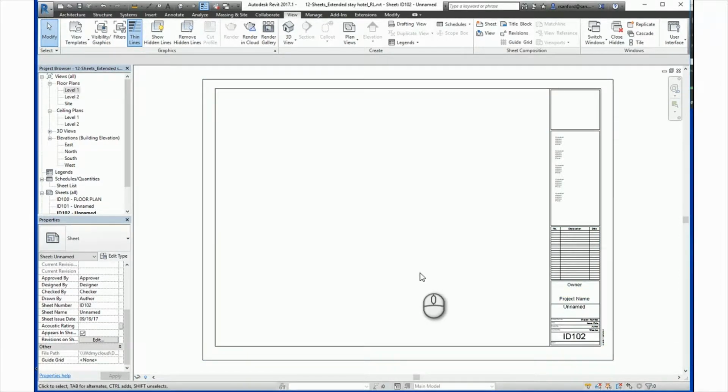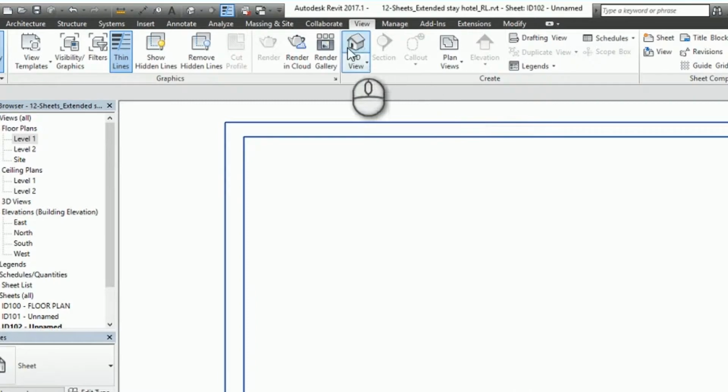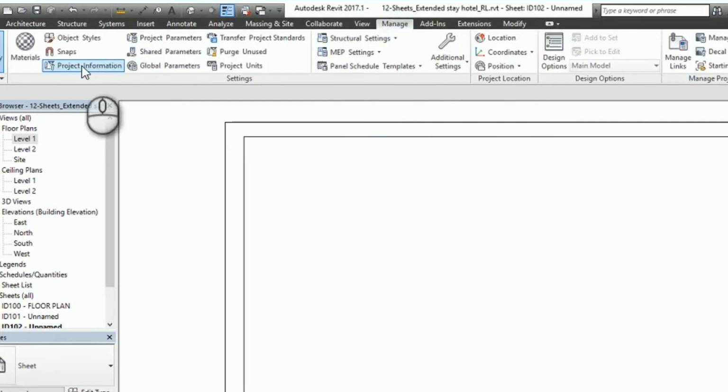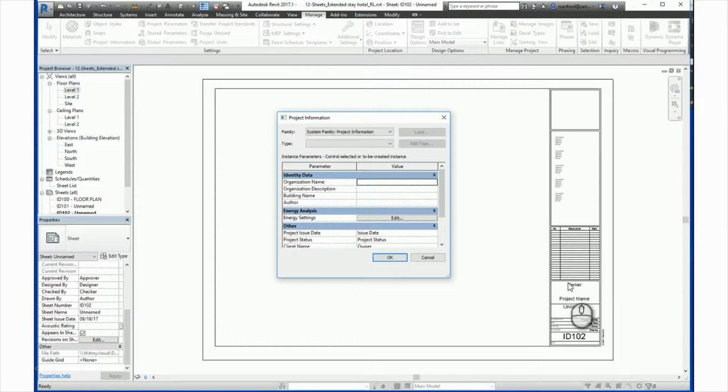It is important to have all the relevant project information on the sheets. If the project information details, like project name, project number, address, etc., have not already been filled in, now is a good time to do this. This can be done by going to the Manage tab, Project Information, and then filling out the relevant information. So for example, we have owner and project name